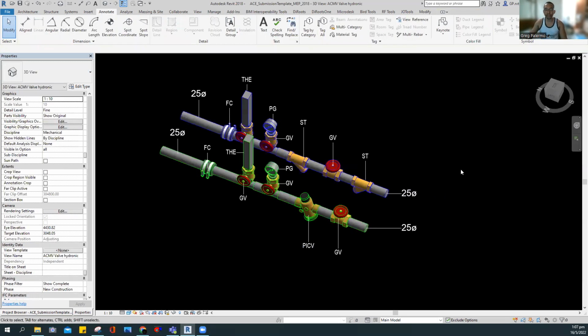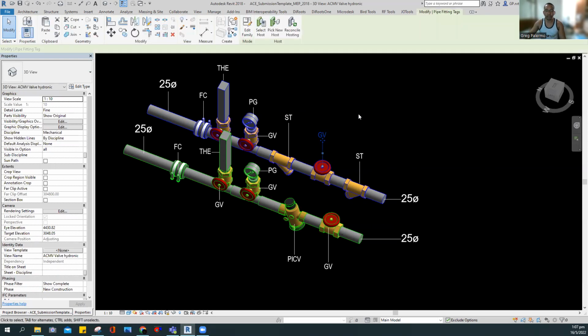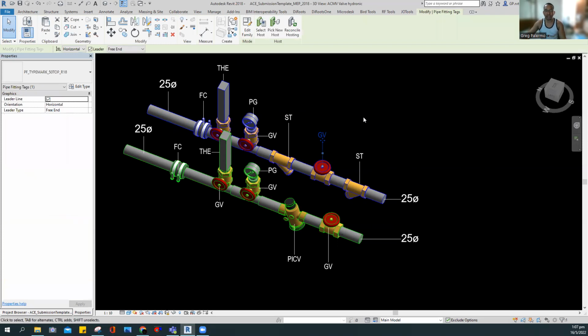So let's say the sizing will change to 15 or 10, then we can easily select all the valves and resize, and it will automatically resize according to the size of the pipe. Okay, so in this example, I use this one. This one, you don't have to tag,